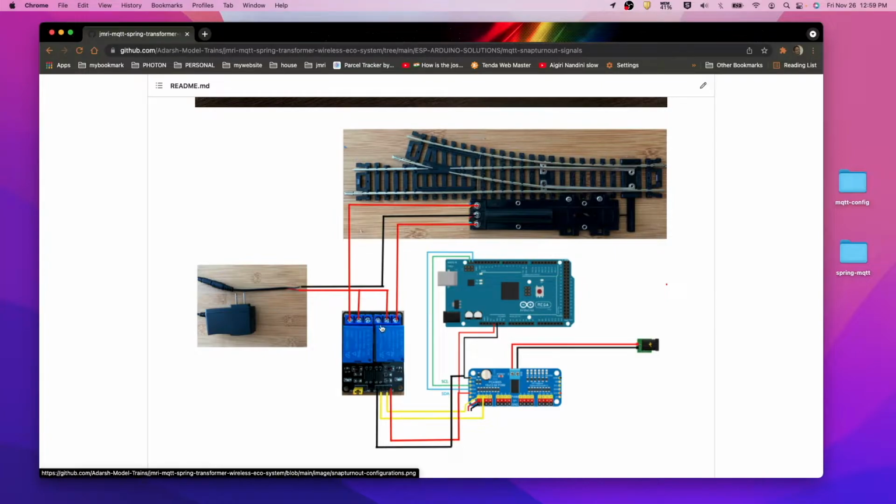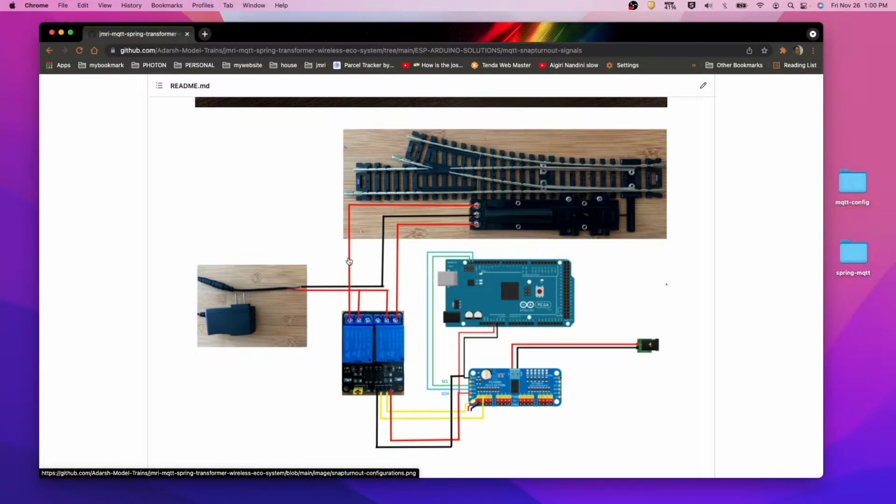This is a twin relay switch where we have two switches together, and power should go to the middle one, and common ground should go to the middle one of the snap turnout, and the live should go from the relay switch to the snap turnout.